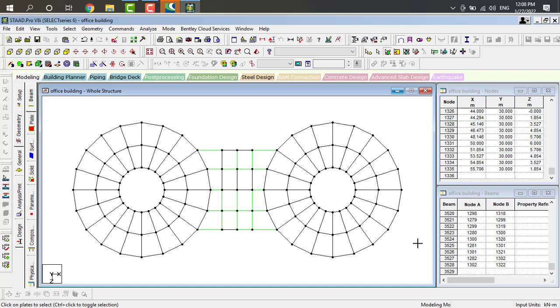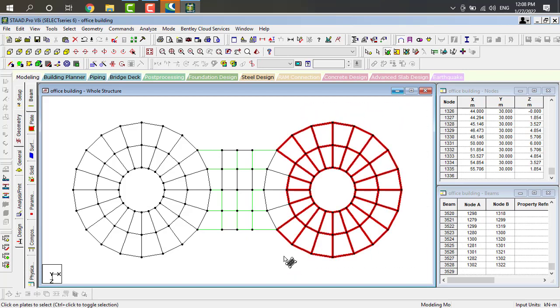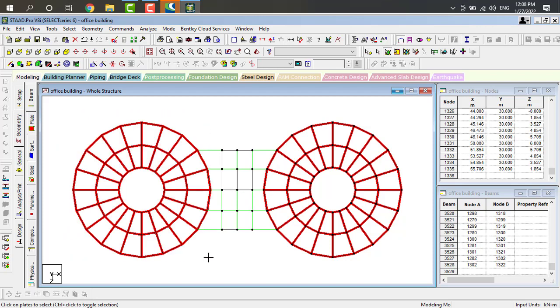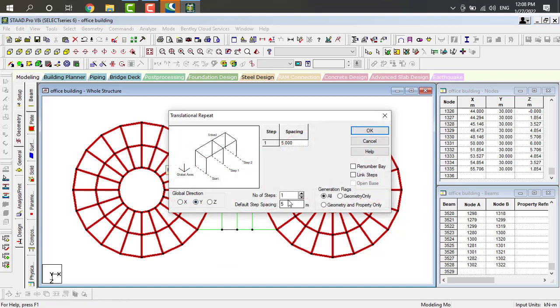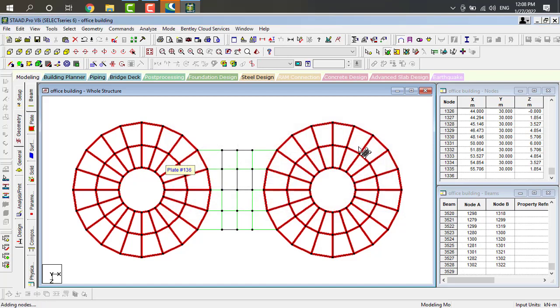Again I want to select these all by using plate cursor like this and like this. Here go to translation repeat. It is in y direction. Number of steps will be 10, and the height will be 3. Go to link steps and click on OK.